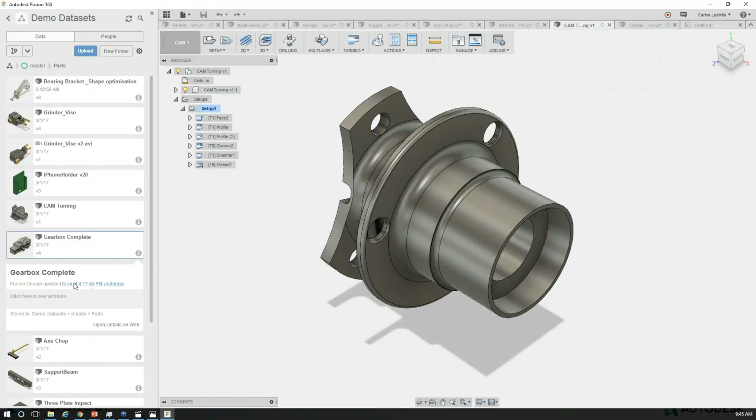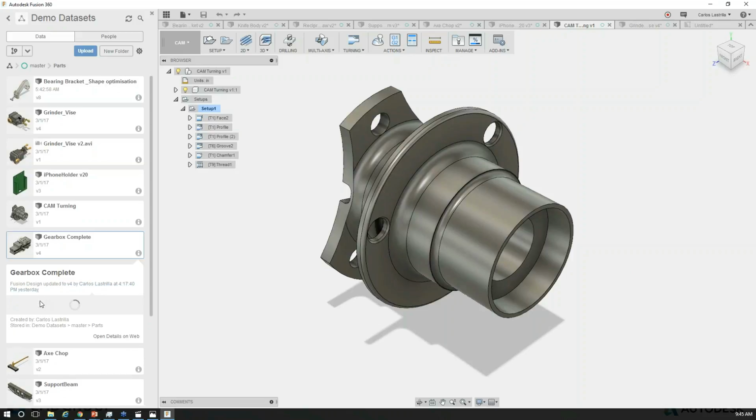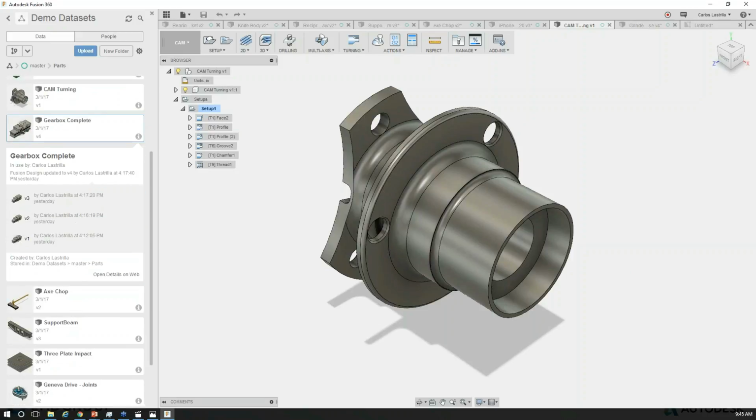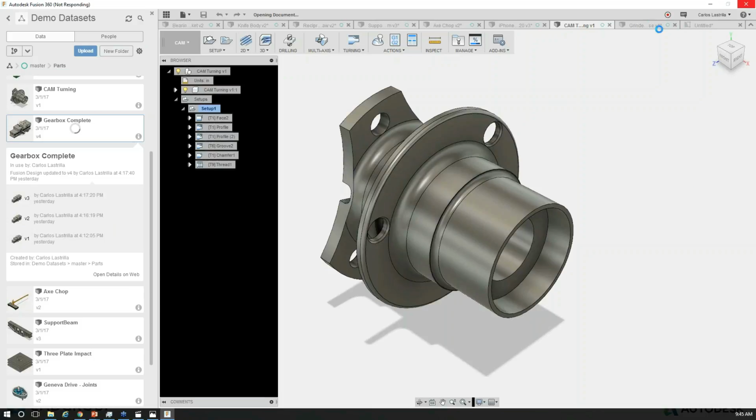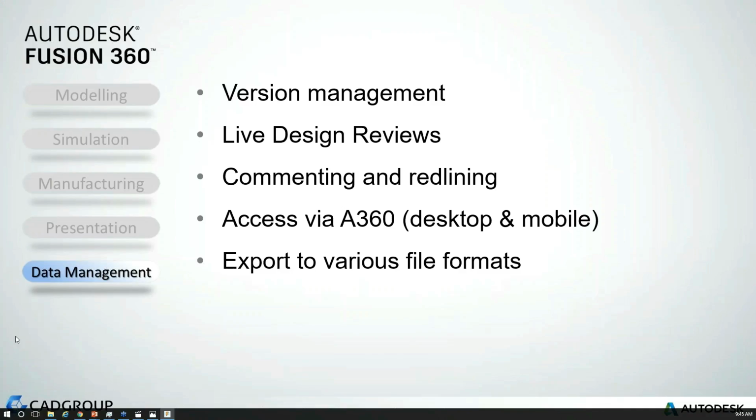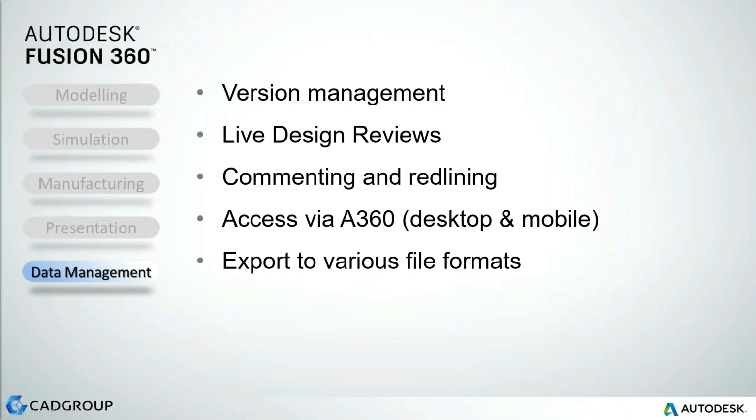But what you could do is actually open up, see the different versions for that particular file. And you can either promote that version, maybe you want to go back to that, roll back to this particular version. You can promote this to be the latest version, or you can just open that version for your viewing purposes. Okay, so that's now opened it. But then you can also, again, access this not just by Fusion,